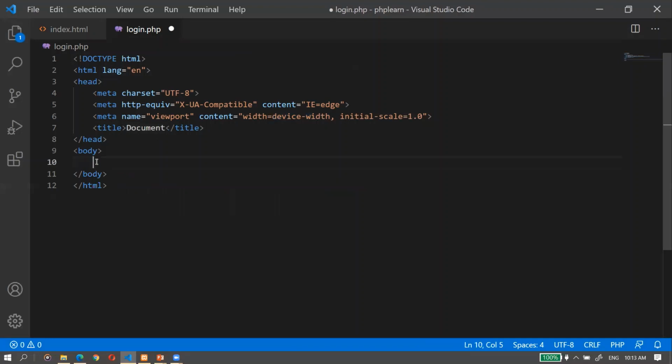As we are going to write PHP code in it, I'm writing some PHP code here. If you're writing PHP code in this file, I will write it like this: the PHP opening tag, and then the end of it. And between these, I'm writing the code for validation and database connection, right?